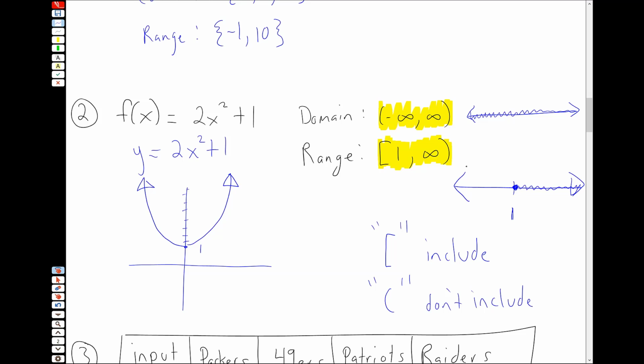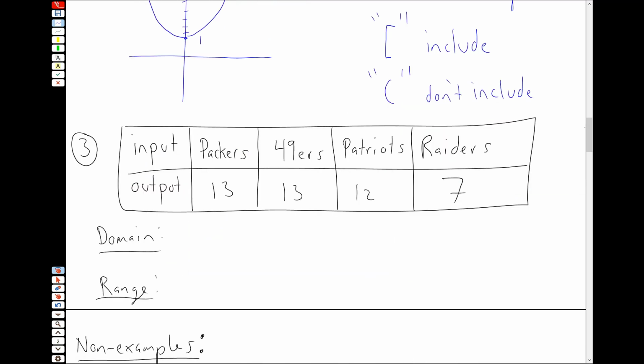Okay. And as we go along through the semester, you're going to see we're going to use interval notation pretty much consistently. Now, functions don't always have to be in terms of just numbers and things like that. Again, remember, functions help us model real life. So here's an example of a function that's sending an NFL team to the number of wins they got during